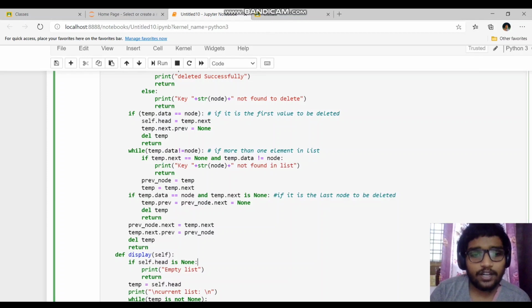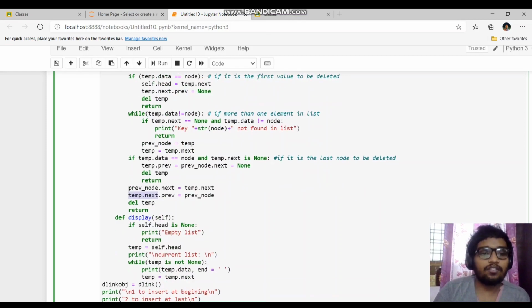That's why temp.next, where temp is the node which we are willing to delete, gives the next node of our target node. So the next field of our previous node is now pointing towards the node after the target node. Now this temp.next is the node after our target node, and the previous field of that node should now point to our previous node, right? Since the in-between node, that is the temp node, has now been deleted. That's why we'll delete temp and return from this method.